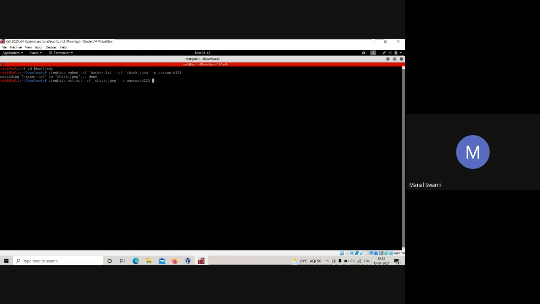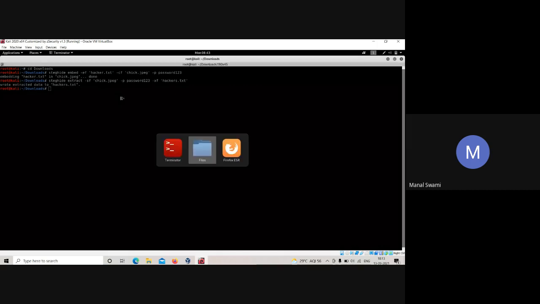Now I want to save the file. For example, I want to save it as hackers.txt. Clear? I want to save whatever data there is in this particular check image into this particular file. Now if I press enter, it says wrote extracted data to this file.